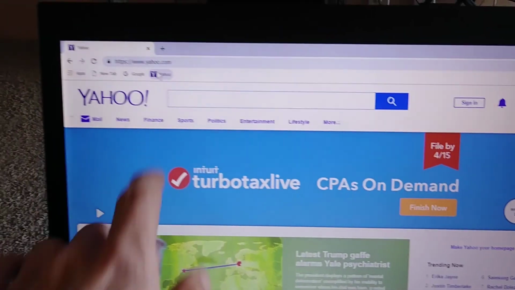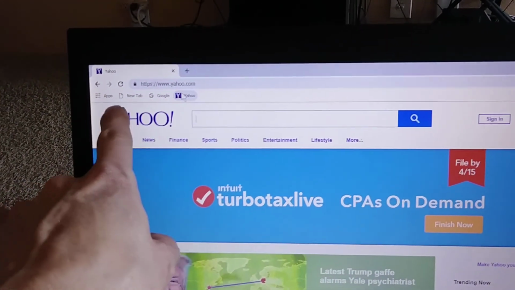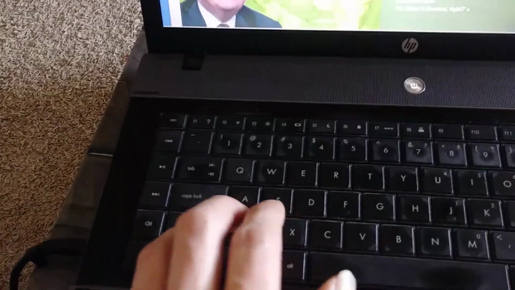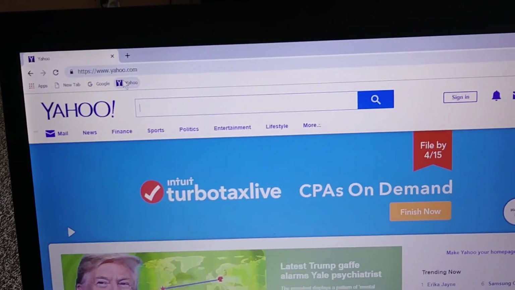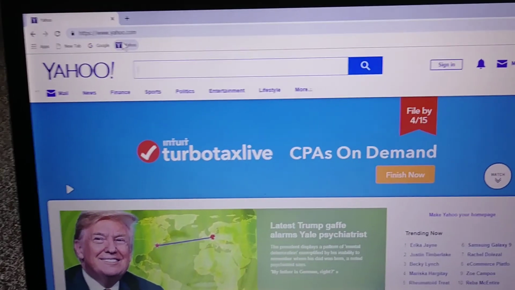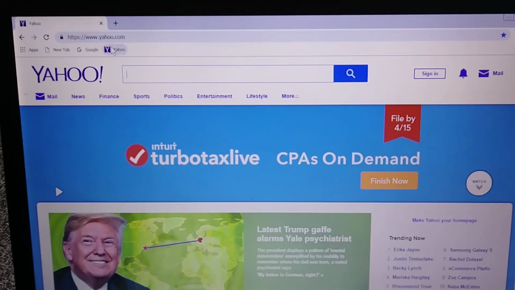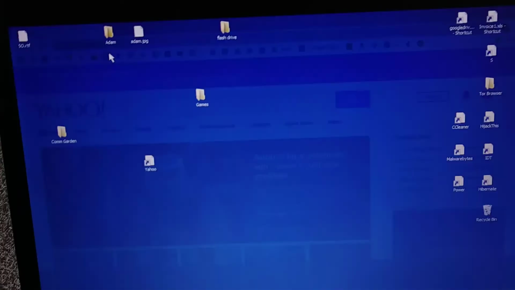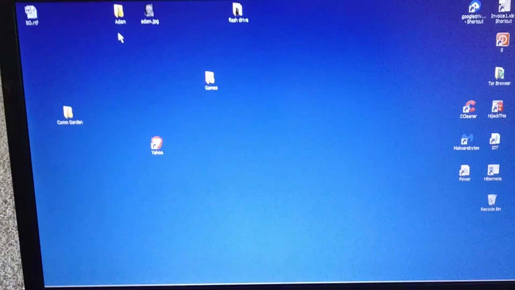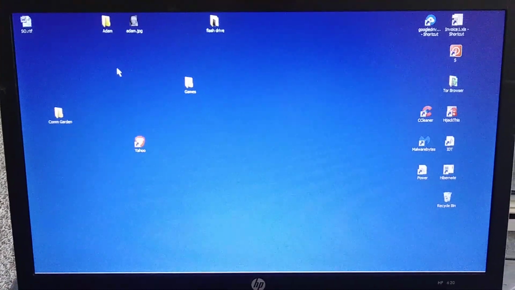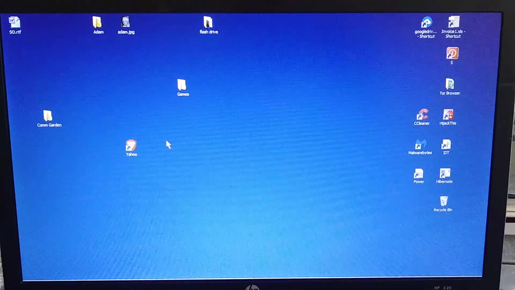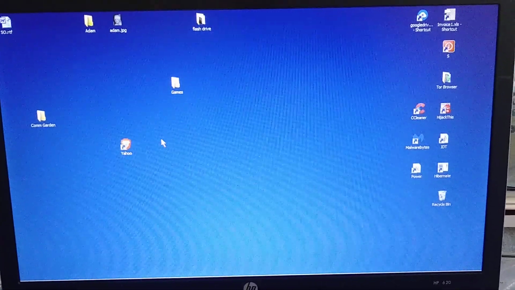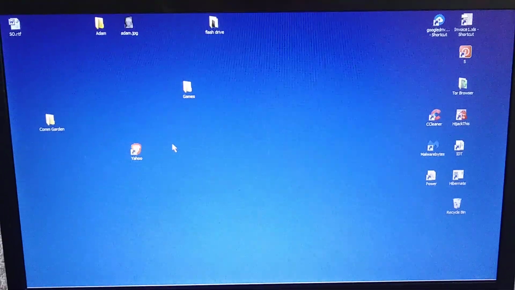So if you do not see this area here, or it seems to disappear on you, Control Shift and B, off and on. And that's that. That's the basics of a bookmark. If you really just want to get fancy, some of my customers prefer to have a link on the desktop. So to create a shortcut on the desktop, and again I called it a shortcut, not a bookmark, they're technically the same thing, but